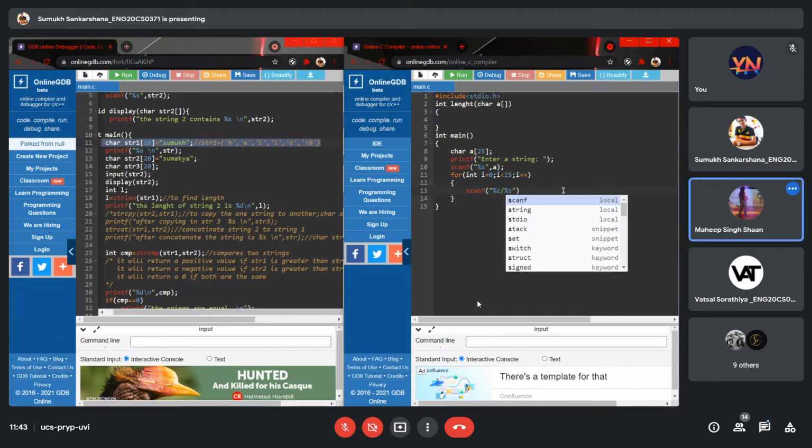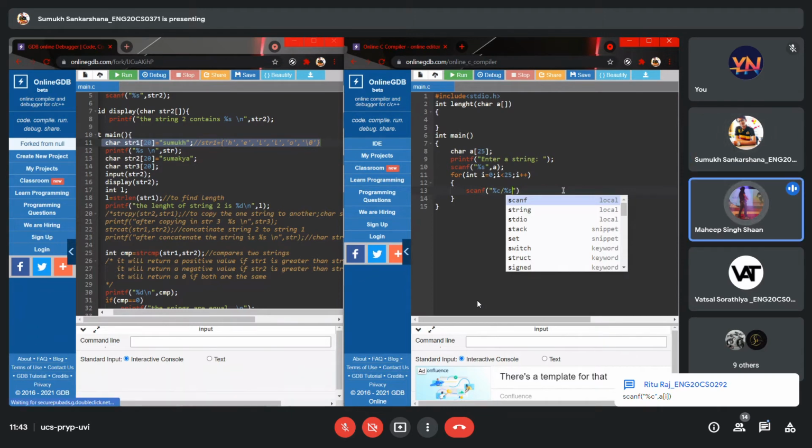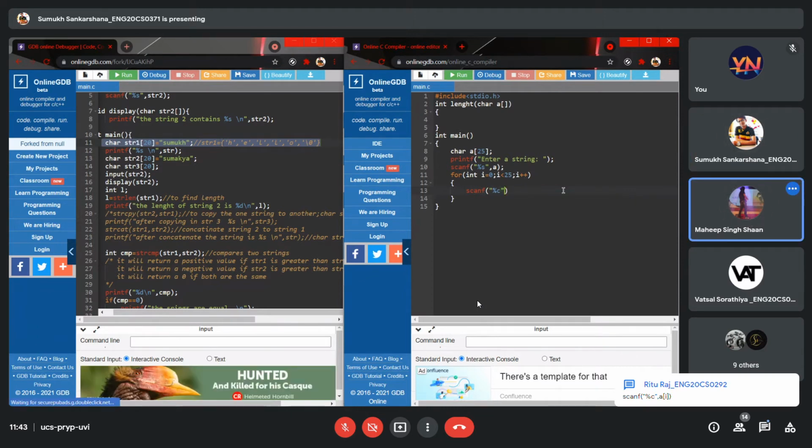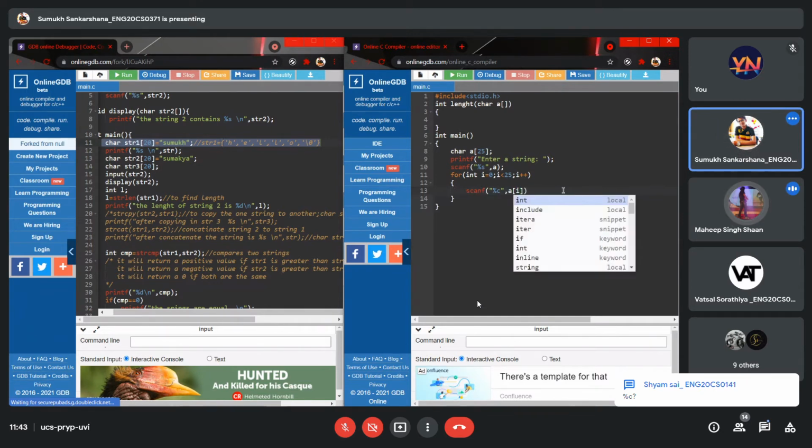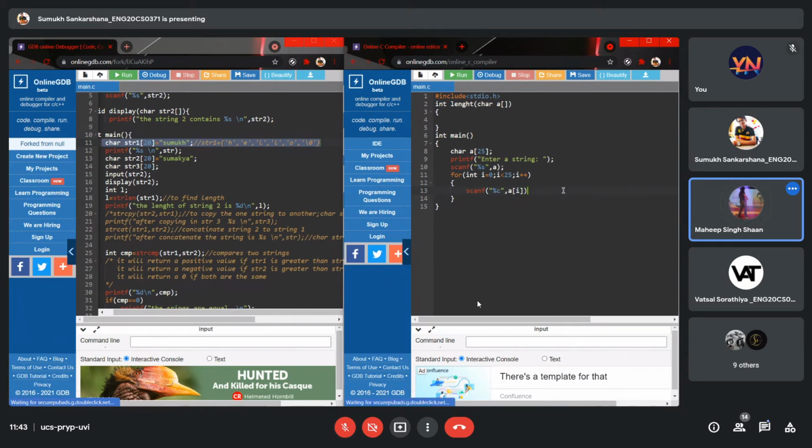Okay, Rituraj says we can have %c. Rituraj, you're half right. I mean, you're almost there. Sham Sai says %c is coming inside. Yes, that's true. But you have to add an ampersand over here because we're taking a scan. You have to store it in a particular location, that is a[i]. That's the reason you'll be taking the ampersand sign over here. Because if you just store it in an array, it won't work. It will only take the first value and keep on repeating it.